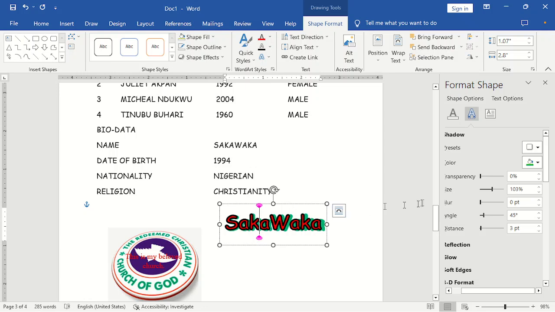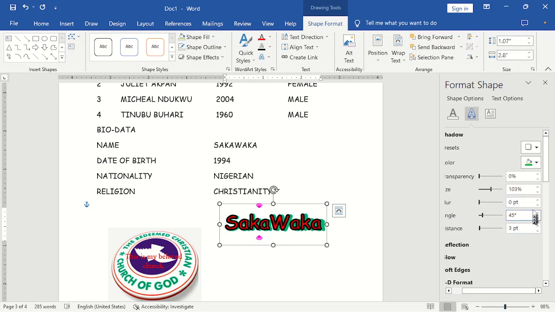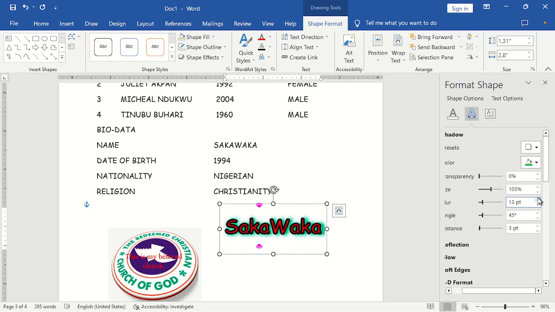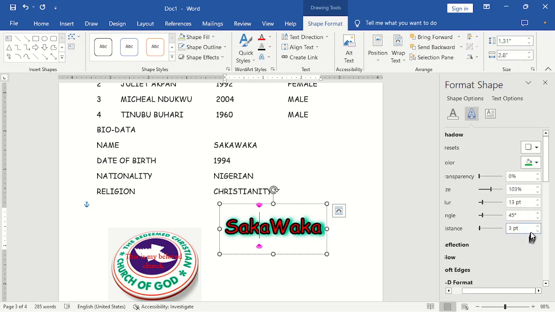effect, the shadow effect. So I can make it blurry. I can make it blur. Here you see blur here, right? I can make it blur by increasing it. You see how blurry it is now. Yes. So whatsoever I want, I can do it from here. If I want to increase the distance of the shadow from the text, you see, increasing it, or I can